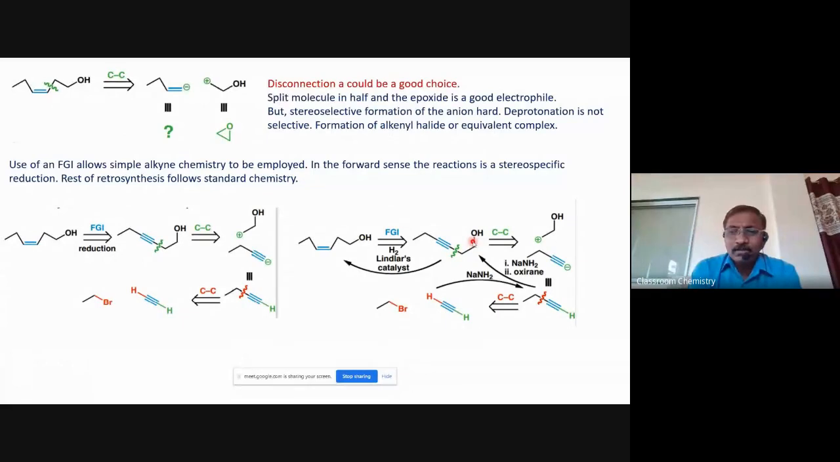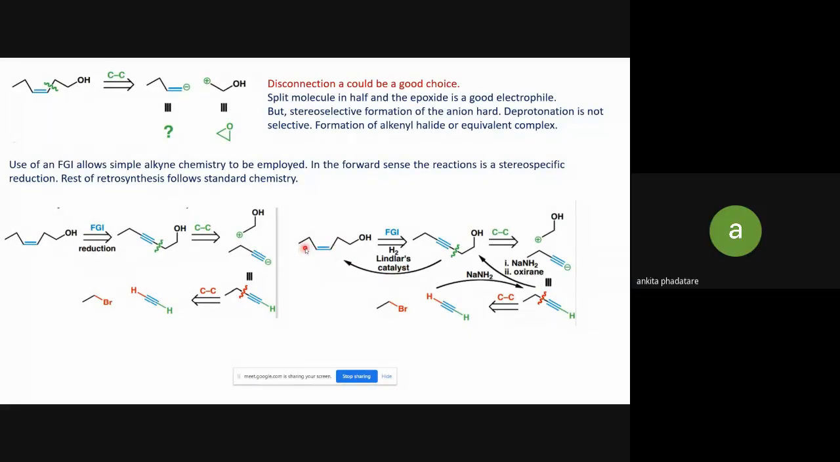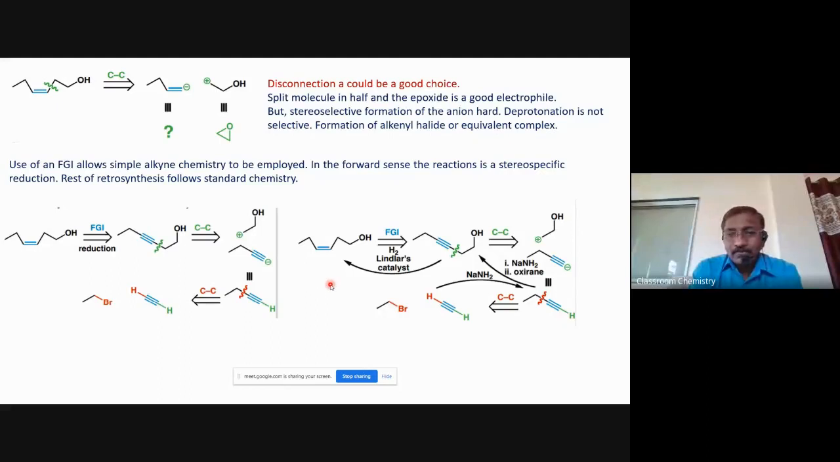And then we can carry out reduction. But here we can use Lindlar catalyst because we have to obtain this cis olefin, cis alkene. Okay. So this is a very important part that we have already discussed in the